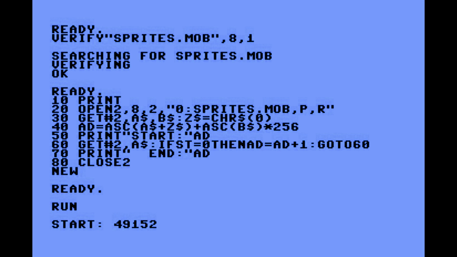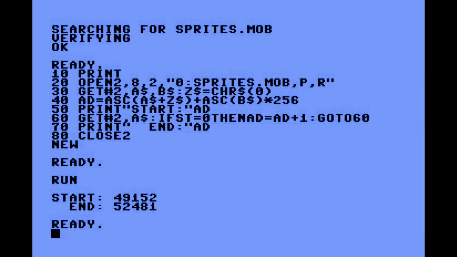And it gets the start, and then it reads the file byte by byte, and it can take a while. So let's just warp it here. Boom. Okay. And as you can see, we have both the starting and ending locations of our data. Just make sure to change the file name in line 20 to the name of your file, and make sure to leave the "P, R" in there. "P, R." If the file you specify doesn't exist, things will end abruptly and the two addresses will likely be